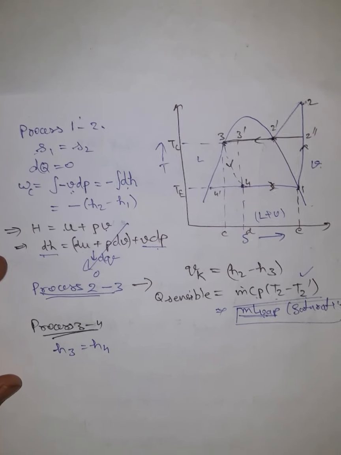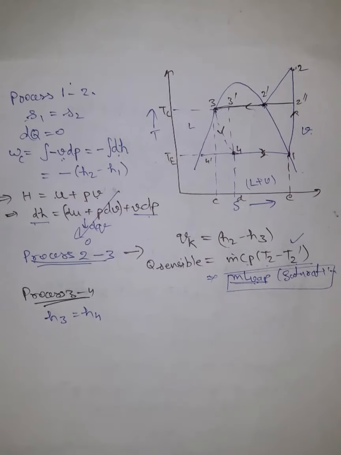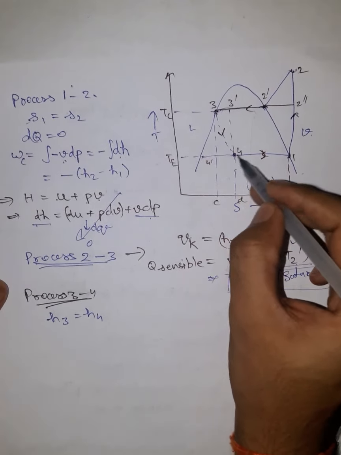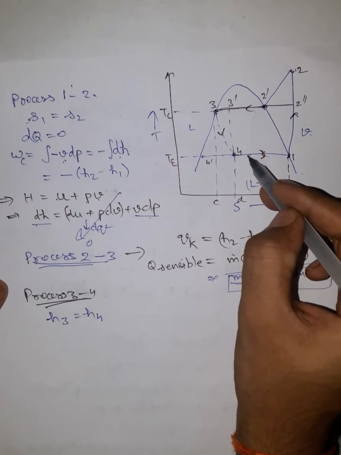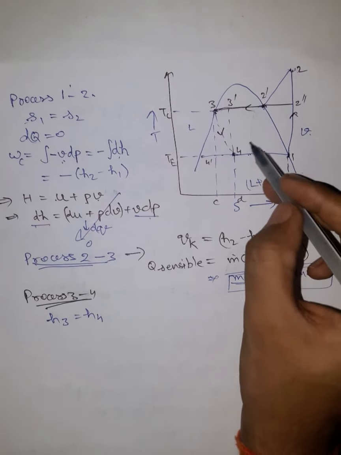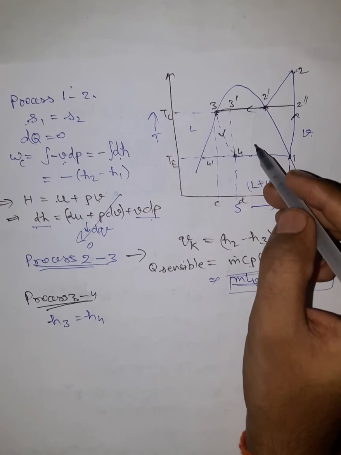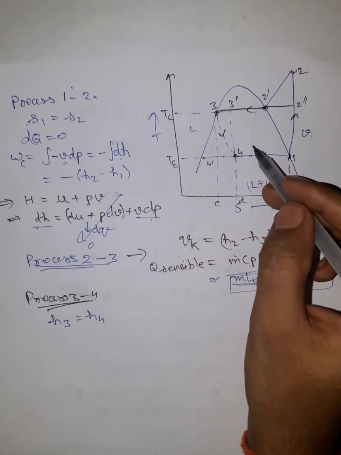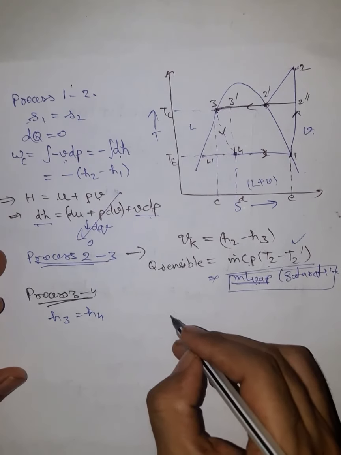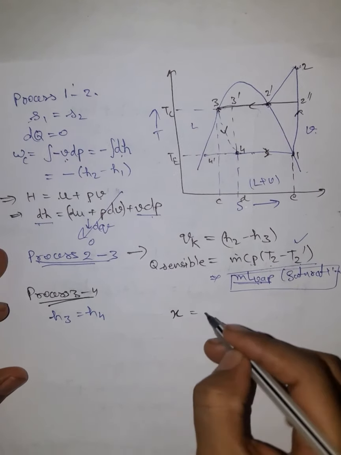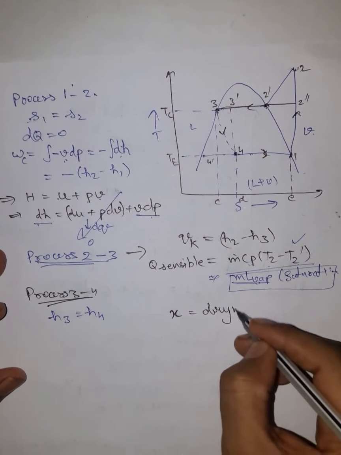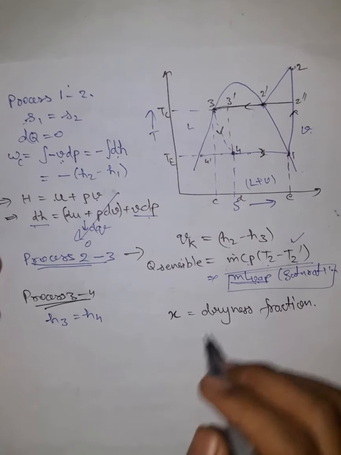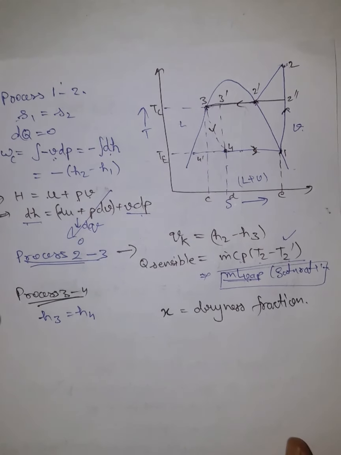Those are known as the state variables of the particular substance. So in this case, for any point that is in this region, we define the content of moisture present in that particular substance using the dryness fraction. Here comes x, it is represented by x, and it is called the dryness fraction. What does it indicate? It indicates the amount of water vapor present in the particular mixture.